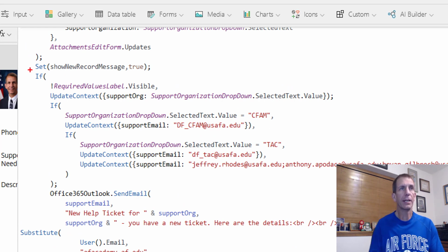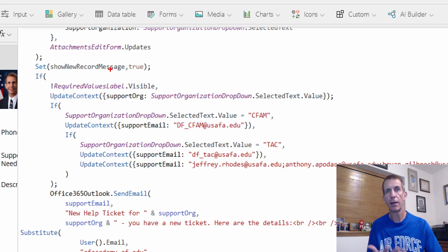So we're going to set our record message. Remember, that's a variable that when we come back, when it's true, we're going to skip our loading of our collection and we're going to show that dialog. So we'll set that, and then notice each of these semicolons is just new commands. So this next bit here